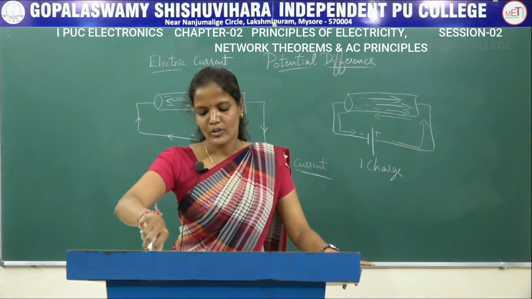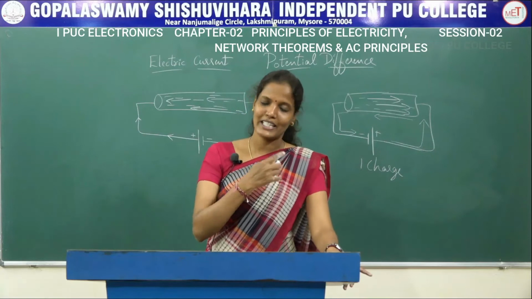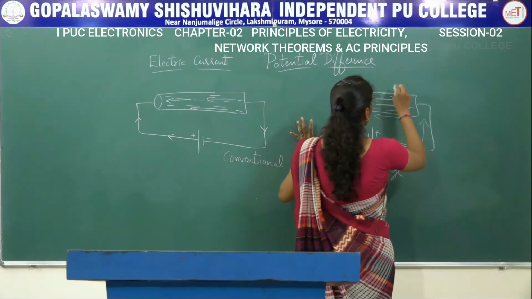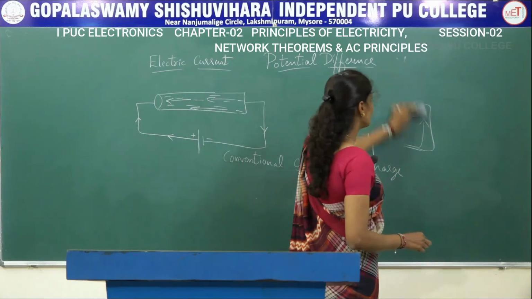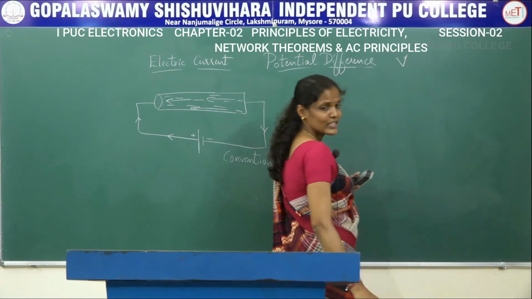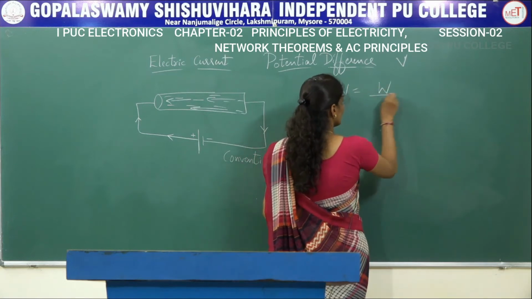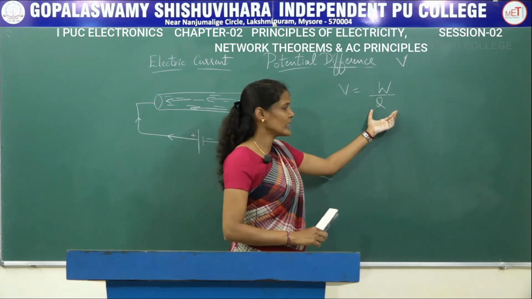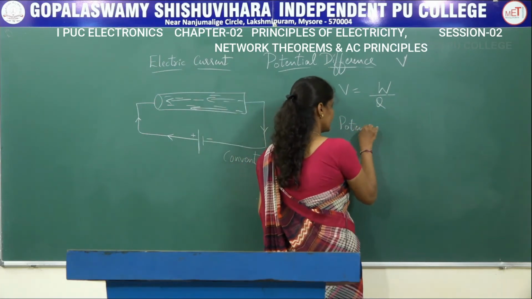So the amount of work done in moving a unit charge from one point to another point is called the potential difference, and that will be denoted by the letter V. If W is the amount of work done and Q is the charge, that is the unit charge, then V is equal to W divided by Q. That is the amount of work done in moving a unit charge. That is, potential difference